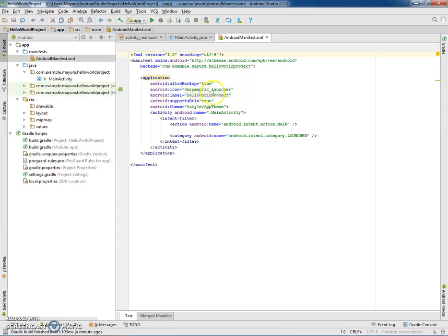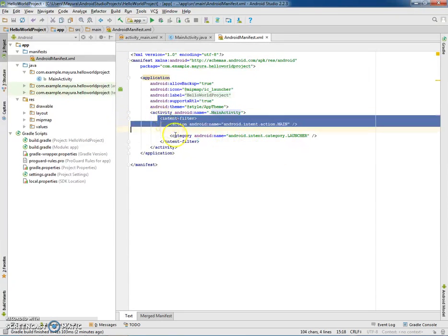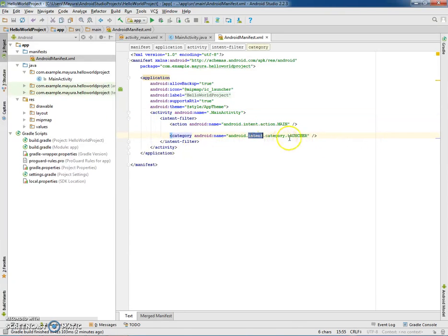We can change whatever is required, and it will be using the default app theme. Since we have created the application with one activity, Android has created that as the launcher activity. So we have used the intent filters with the category as launcher and action as main. So whenever the application is launched, this main activity will be the entry point for your application.